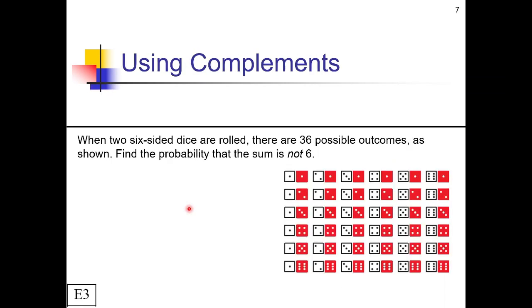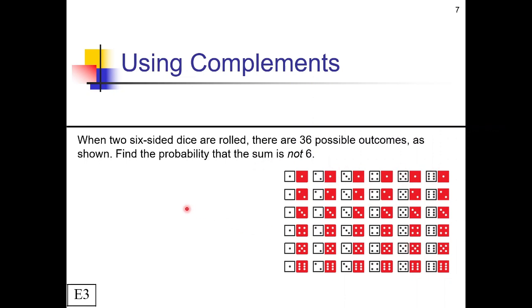For this next example, we have 2 6-sided dice being rolled, and since there's a sample space of 6 for each of those, 6 times 6 gives us 36 total possible outcomes for 2 of them. They want us to find the probability that the sum of the 2 numbers is not 6. So taking a look at all these possibilities, we see some of these that add up to 6 and a